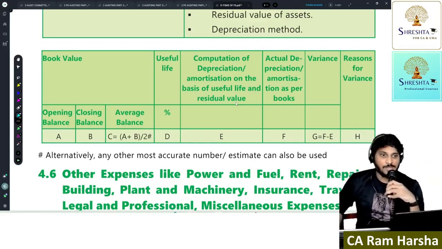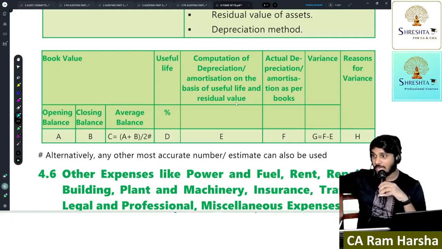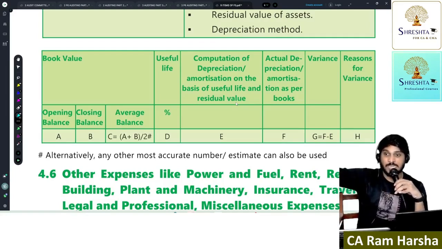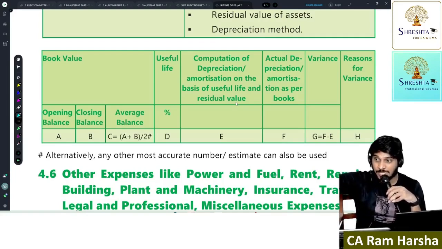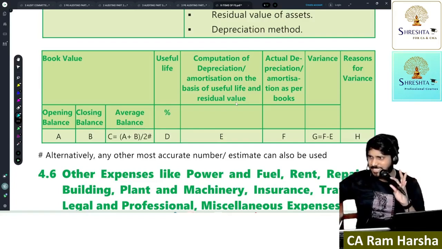Logically, you do the audit. So what are the fixed assets? Plant and machinery. You want to know when all these plant and machineries were purchased. Invoices you want. What is the amount? How much is capitalized here? And how much is the depreciation? What method did they use? Why did they use that method? Suppose for plant and machinery they followed SLM, is it really SLM? Is SLM suitable?